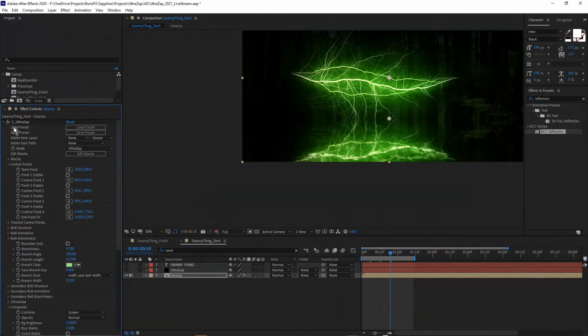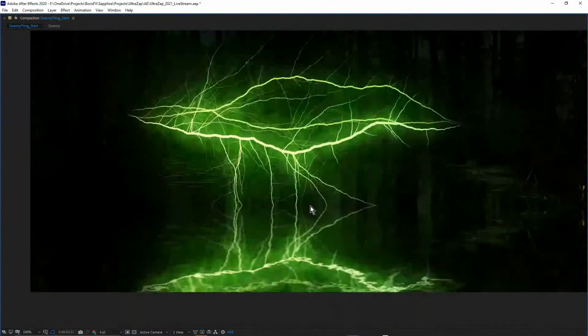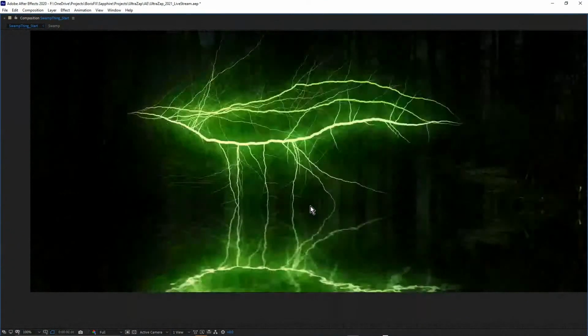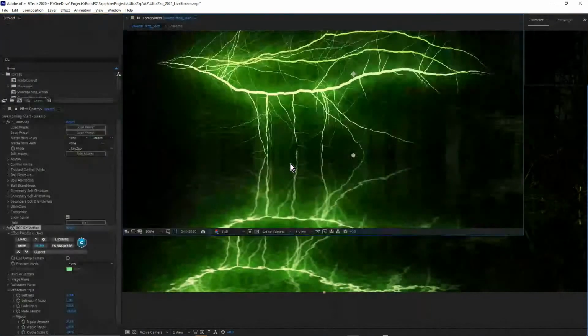Can I just add one thing while we're talking about the 3D? One of the things is that I haven't found that the lack of 3D has hampered me too much in what I was trying to do when I was creating loads of examples for the UltraZap launch, because there's a couple of things that actually help you cheat a bit more, especially if you're working on real footage. The fact that you've got Mocha embedded into UltraZap